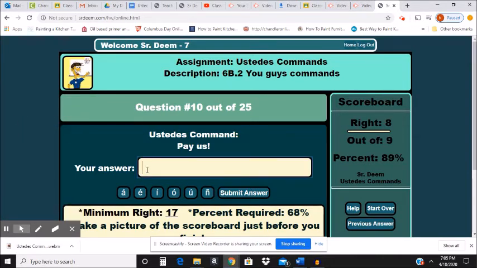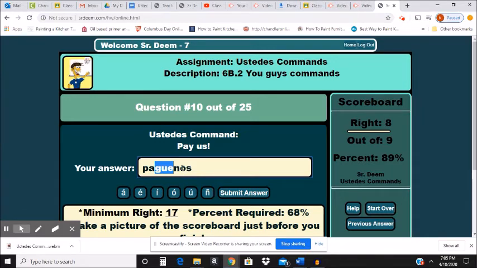Pay us. Here's that one rule that we have, a funny rule, because you have us in the ustedes command. So we're going to have pagar, which is a car gar zar, which changes to GUE. Don't forget about the N. And then I'm going to add a nos. But when you put another N there together, they don't like that. So they get rid of that N. So paguemos. And remember, because it's G or K with usted and ustedes commands, you're going to change that accent